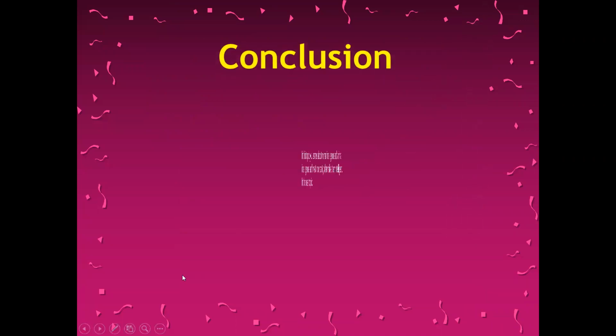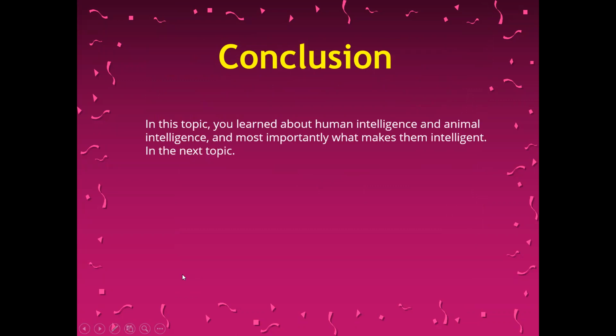Now, what is the conclusion here? The conclusion is, in this topic, we have learned about human intelligence and animal intelligence, and most importantly, what makes them intelligent. In the next topic, we will study